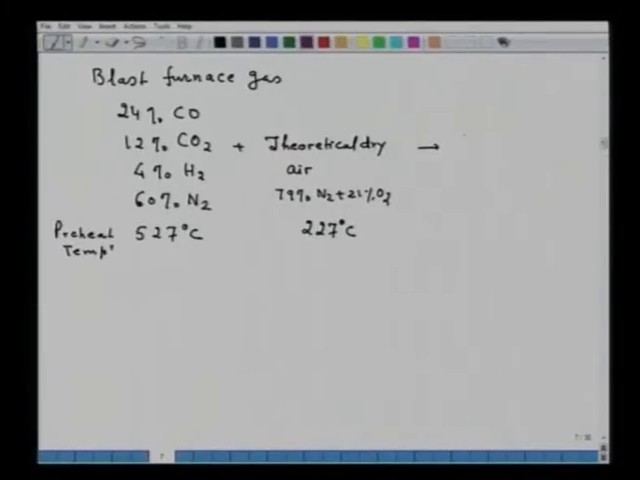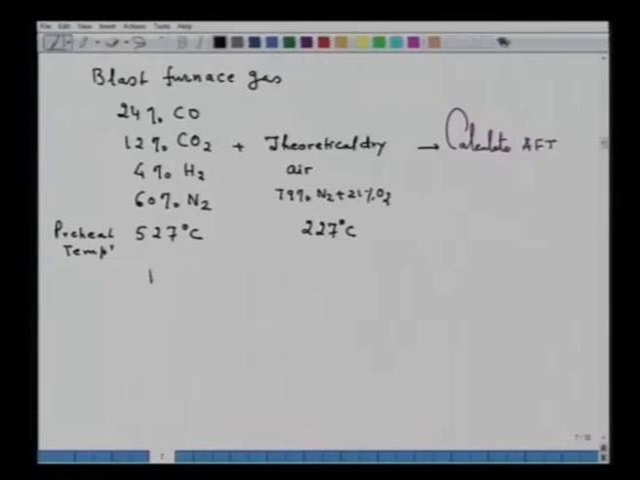So, what do I have to do now? I have to calculate the adiabatic flame temperature, AFT. Here again, first of all, I have to do the material balance. Straight away I can write down the products of combustion resulting from combustion of blast furnace gas with the theoretical amount of air, which will be equal to 0.36 moles